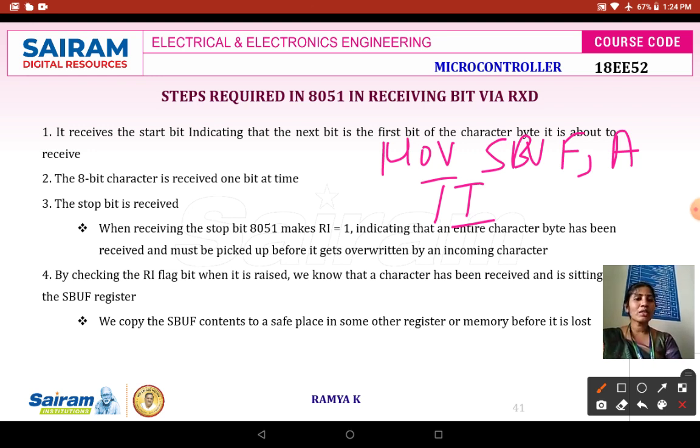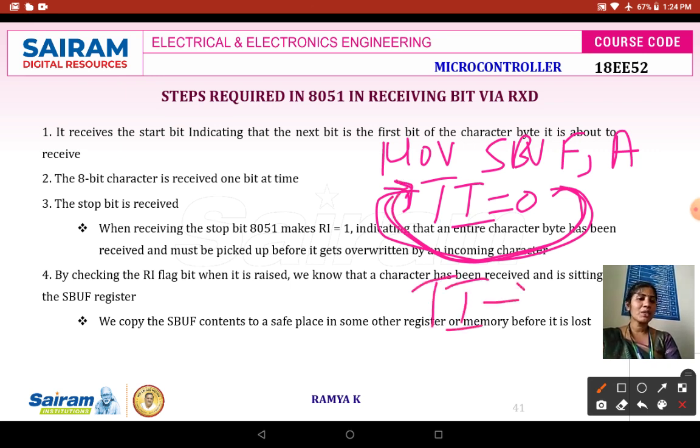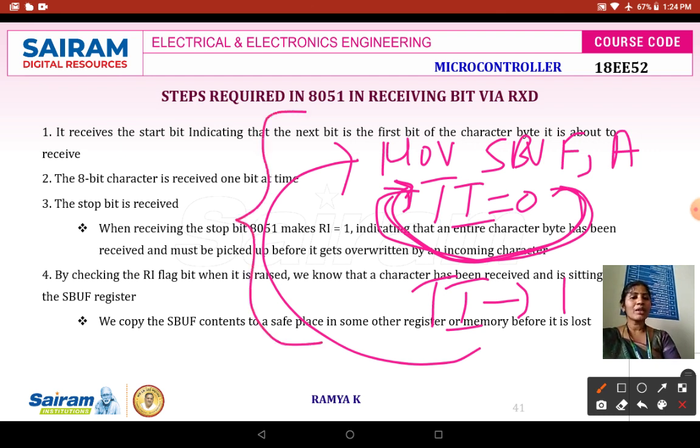If it is not transmitted, TI will be equal to 0, and till it gets transmitted, it will continue in the same loop. Once the data is transmitted, the transmit interrupt flag will be 1. Then again the loop continues for the next data transfer. This is the common step that we have followed to transmit the data serially.